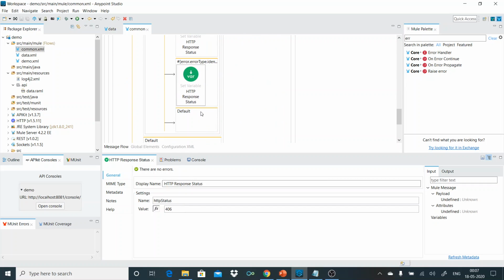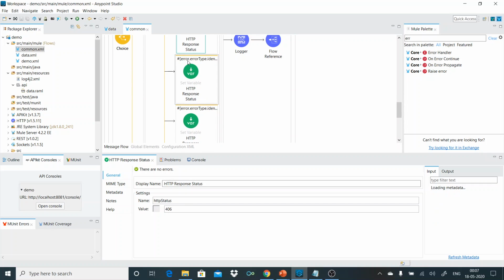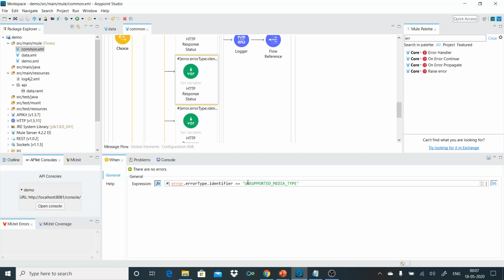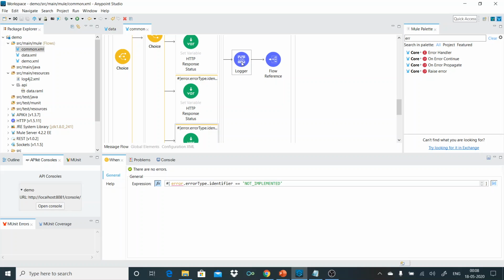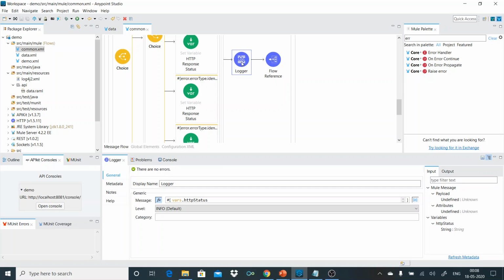So in short, I have replicated all the errors which were created by the scaffolding error flow, and I am manually setting those status code, and then I am logging the error just for debugging purpose.